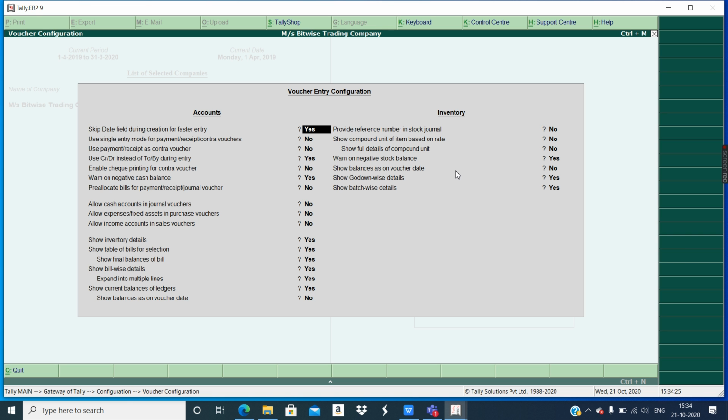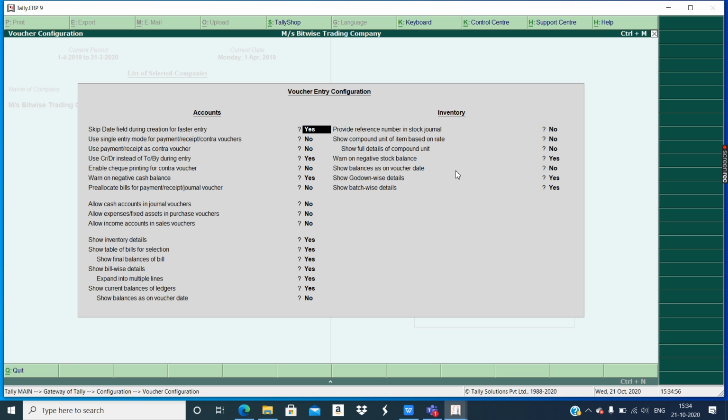Okay, if you select yes they will become single entry mode, but with double entry mode it's more clear to do the entry, so it should be in double entry mode, and if it is no it's fine. Then next is use payment receipt as contra voucher. No, that is fine. Fourth criteria, use debit credit instead of to buy during entry.